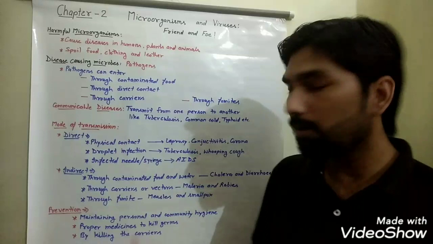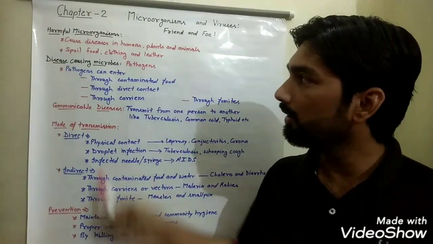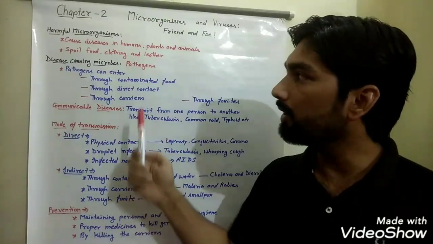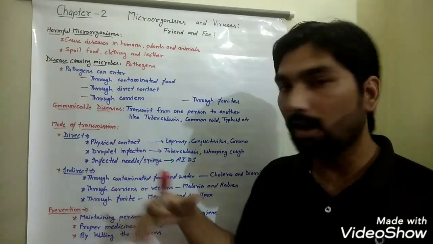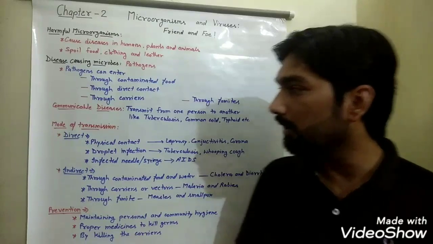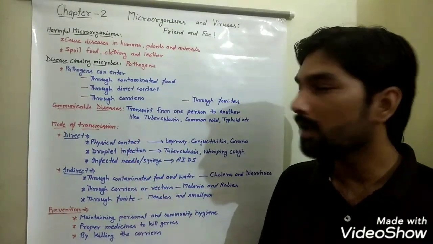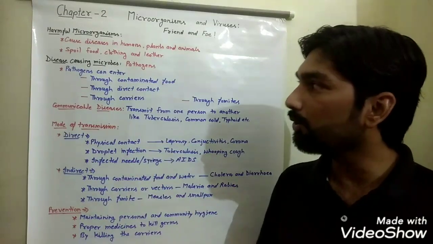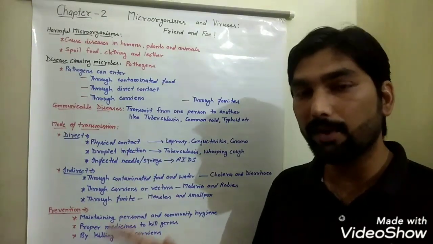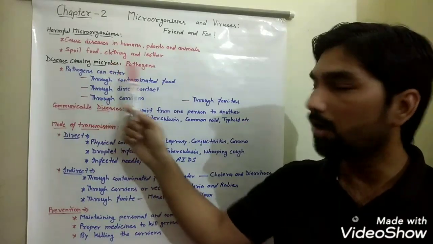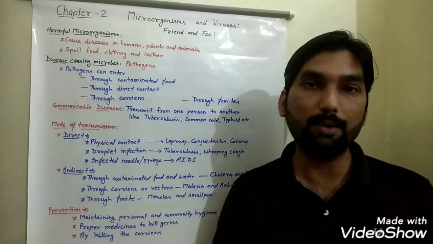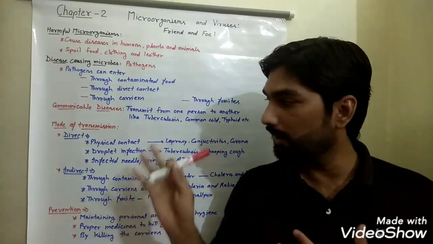So that was all for today's topic: harmful microbes which are able to cause diseases in humans, how we can protect ourselves, and their modes of transmission. In the next video, we will see the harmful impact of microbes on our food materials or clothing. At the end of today's video, I will provide you a few assignments related to today's discussion.